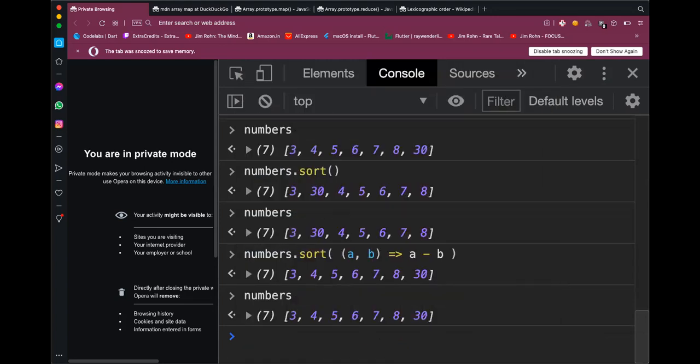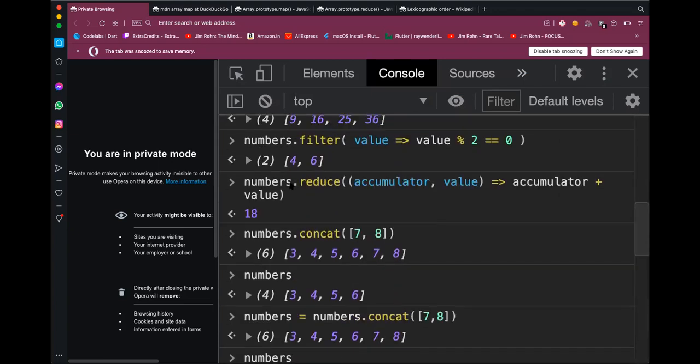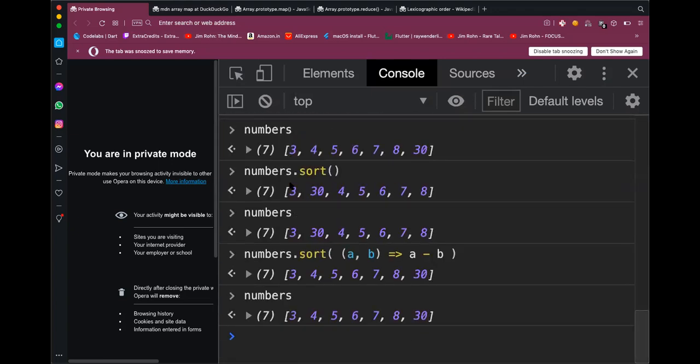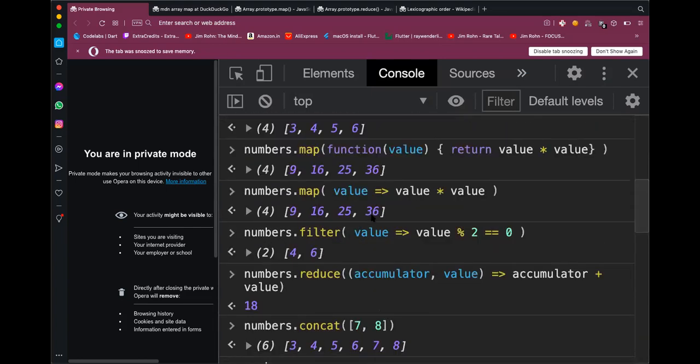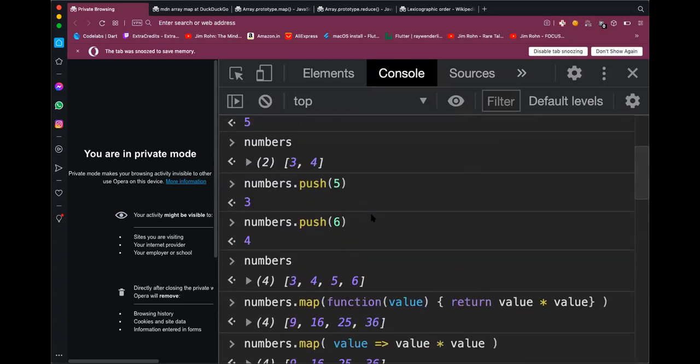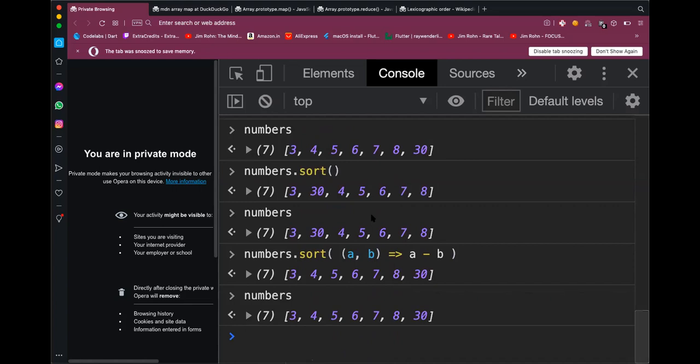Okay. So these are some helper methods. There are others. The way I recommend is to download a cheat sheet on your computer or keep the documentation open. Be familiar with them. The more you are familiar with the helper methods, the easier life gets when you are doing programming. I will stop this array demo here and try to solve one or two simple questions.